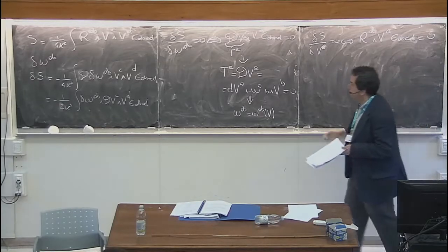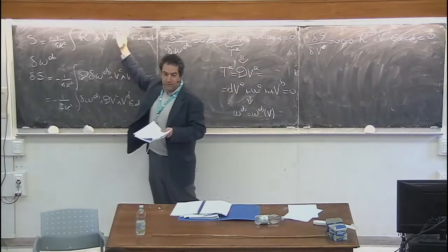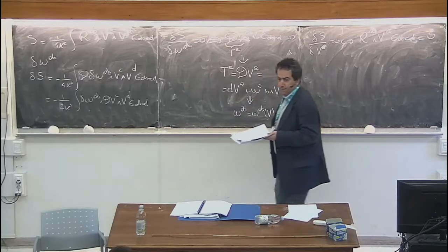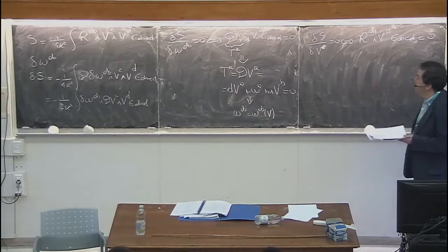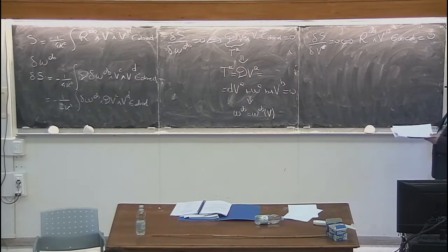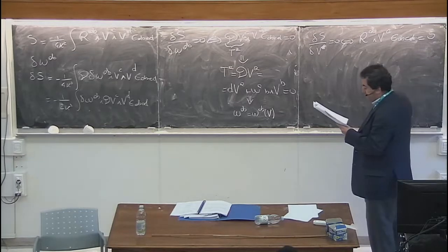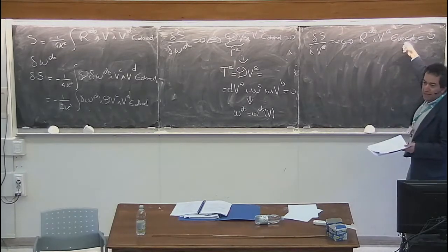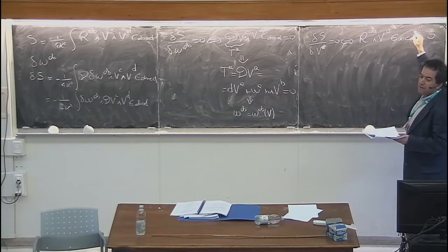I just drop the final one, for instance. This is the derivative of S with respect to the field, the one form. To understand what this is, I compute the wedge product of both sides with V^G,